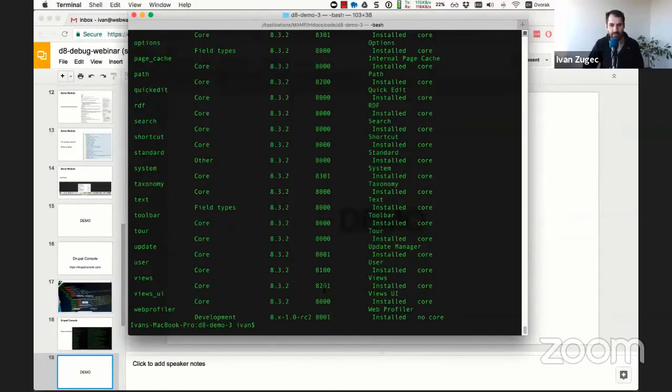And another thing is that you can also see which update hook was run. And this is only important if you have broken a site and you need to know exactly which update hook was run, or you're working on a big site where you have multiple developers and everyone's writing update hooks. That's a very low level thing. But as you can see,